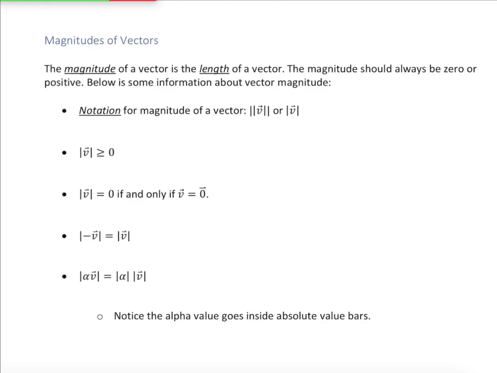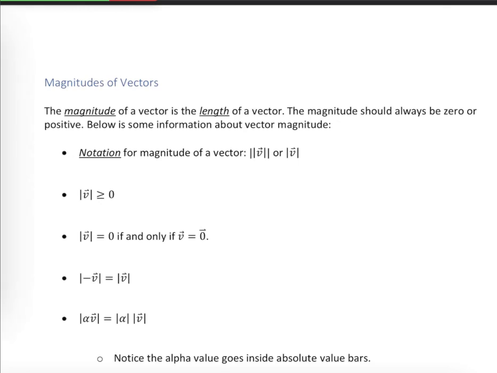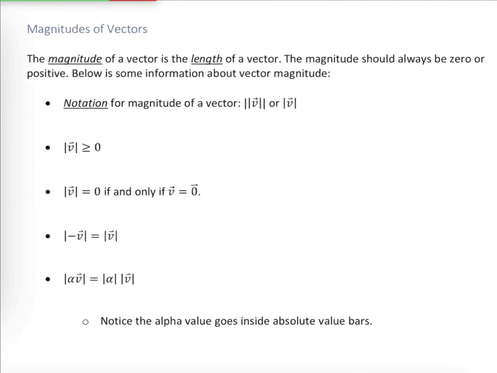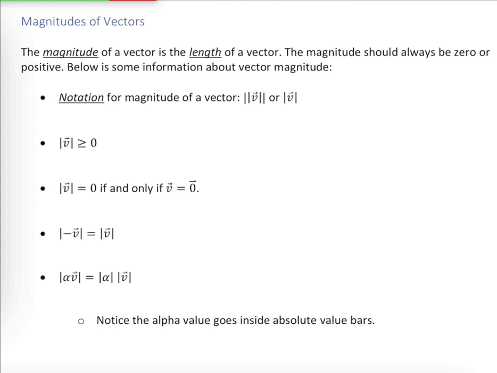In this video, we're going to discuss in greater detail the magnitude of a vector. Again, the magnitude of a vector is essentially the length of a vector. And we've got a couple of ways of describing with our notation the magnitude of a vector. I apologize for the different ways, but different textbooks, different authors, different mathematicians are going to indicate the magnitude